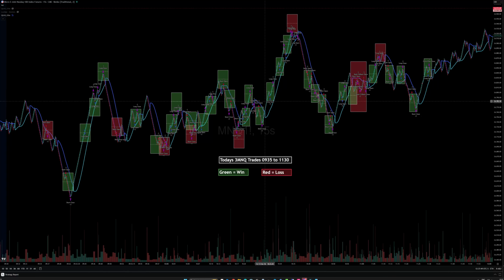You can see here that the trade distribution is different to 1NQ, but the character of the system is the same. That's what matters. This tells me the logic is expressing itself in a consistent way, rather than being overfit to a single instrument or chart style. Finally, I want to switch out of TradingView and into Tradovate,